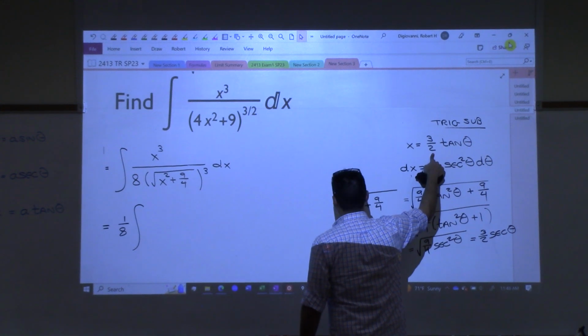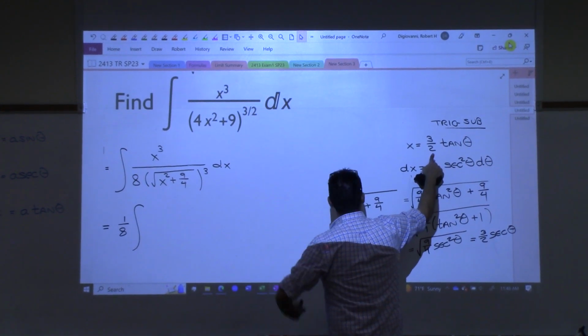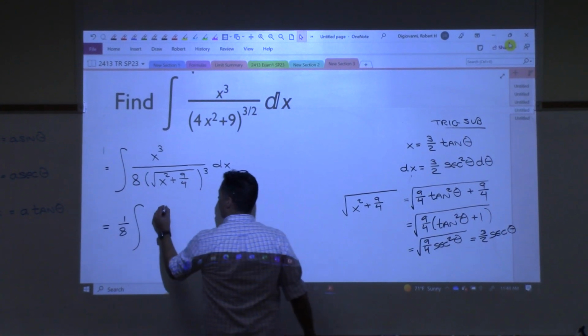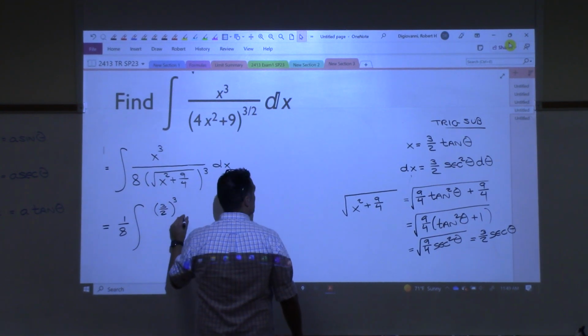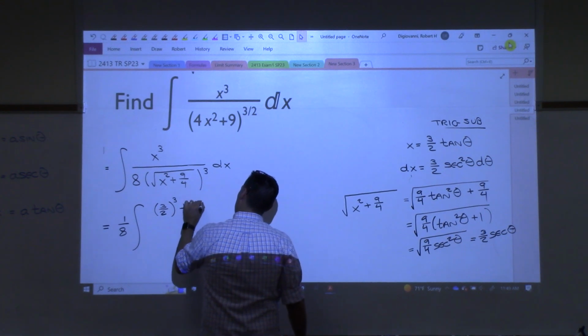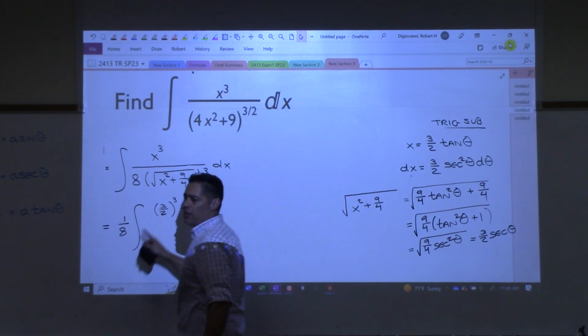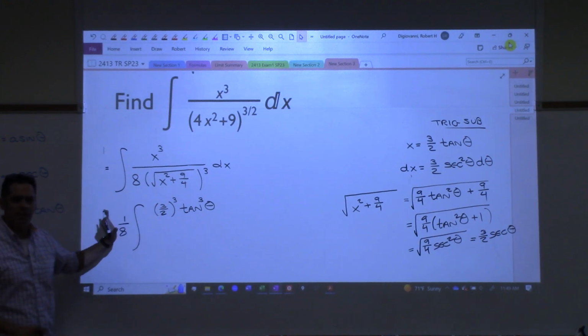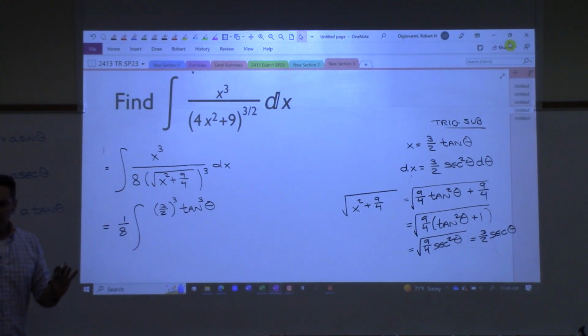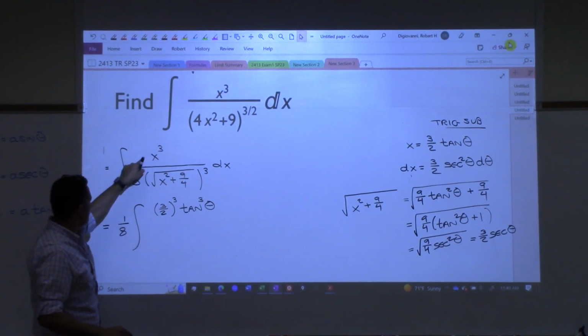So when I cube that, watch the way I'm going to do this. I'm going to write 3/2 cubed tangent cubed theta. Now look, I could have cubed that. I could have turned that into, what, 27/8? I could have done that, but I'm going to leave it as 3/2 cubed because I know some things are going to probably cancel in the bottom. So that's the top, right? That 8 came out